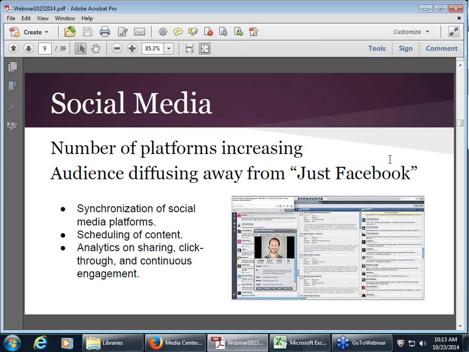So the advantage of Hootsuite is it synchronizes your social media platforms. With Hootsuite, you can write a single post or upload a single image and have that propagated to all of the social media platforms that that business has. So it might have a Twitter account, might have a Facebook page, might have an Instagram account, might have Flickr, a couple other social media platforms. You can schedule the content. So say you build this post today and you want it to show up on each of those social media accounts tomorrow at 9:05 a.m.